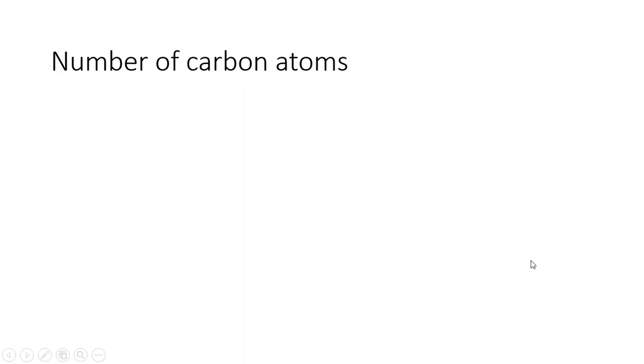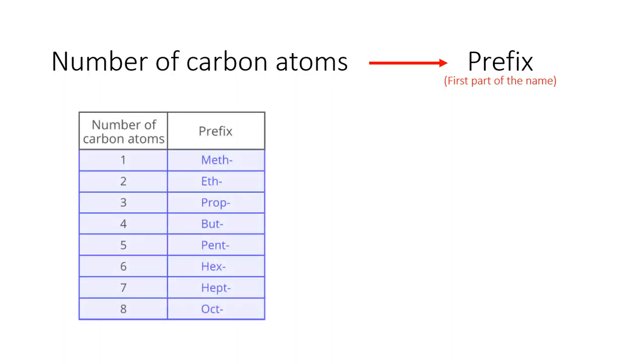So the first thing you do when looking at naming a hydrocarbon is looking at the number of carbon atoms that are there, okay? And as these get to more complex examples, this will turn into the number of carbon atoms in the longest carbon chain. So this gives us the start of the name, the prefix or the stem. So in practice, if your hydrocarbon only contains one carbon atom, the start of the name will be meth. Whereas if it contains two, it will be eth, 3 prop, 4 but, 5 pent, 6 hex, 7 hept, and